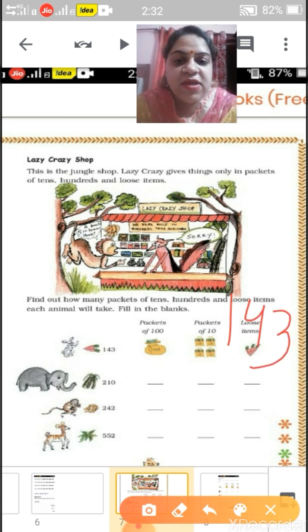Okay children, like this they were selling their things. The shop name is Lazy Crazy Shop. The shop is in the jungle. So its name is Lazy Crazy Shop. Next, children,